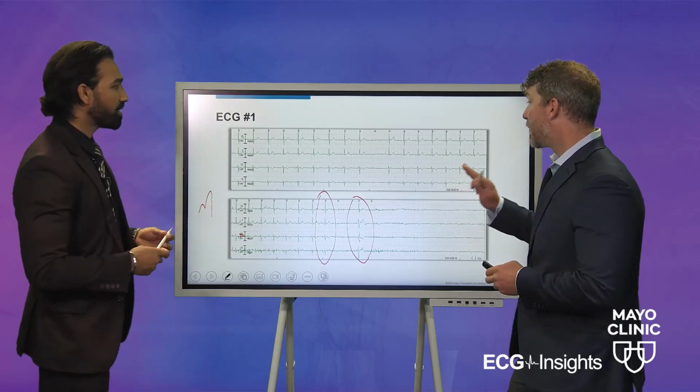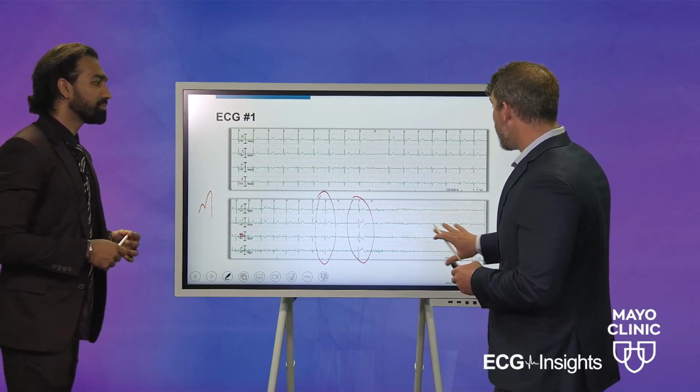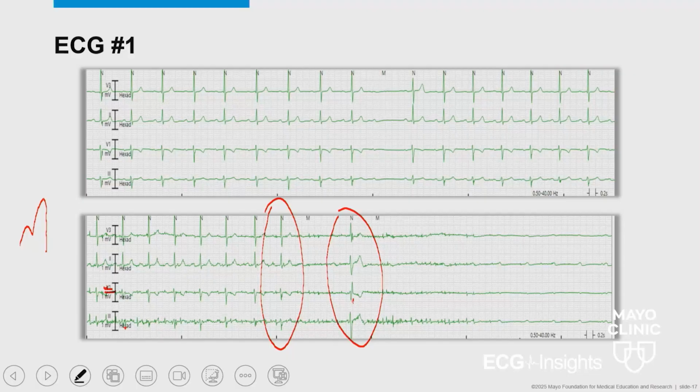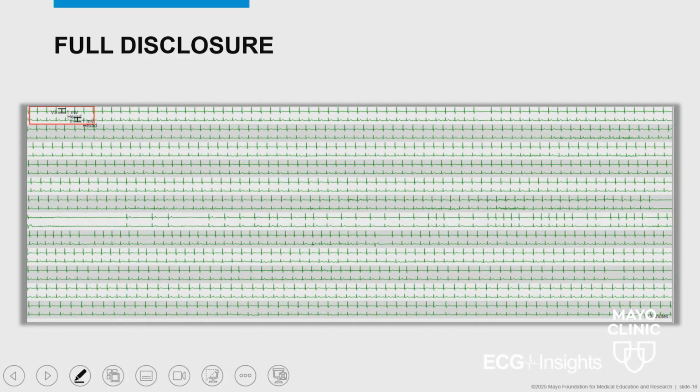Absolutely. And that was kind of my next question. At what point does this patient go into complete heart block? They have a longer pause. Luckily, we still have P waves, but when we look at the full disclosure, this was a pretty long pause. We have those miscellaneous dropped beats where we're having some intermittent episodes of Mobitz 1. Then we have our pause that starts here and ends here, and we still have only just a couple beats, so that's a pretty long pause.